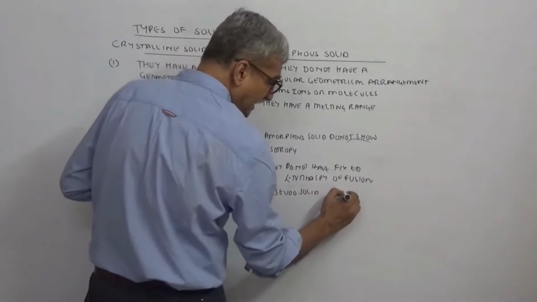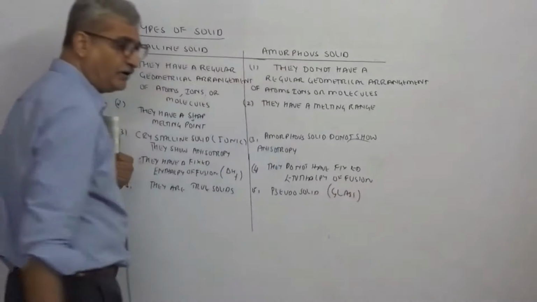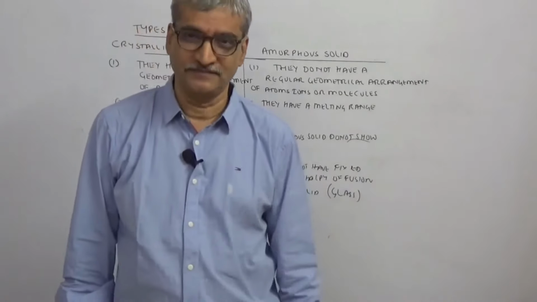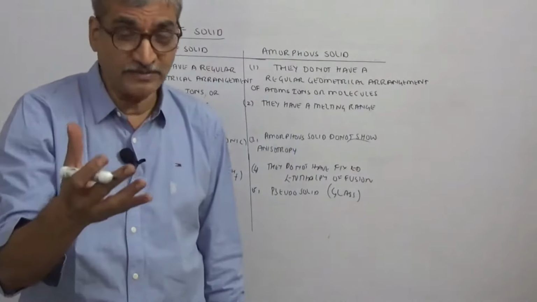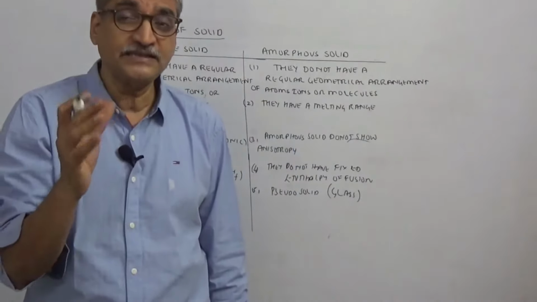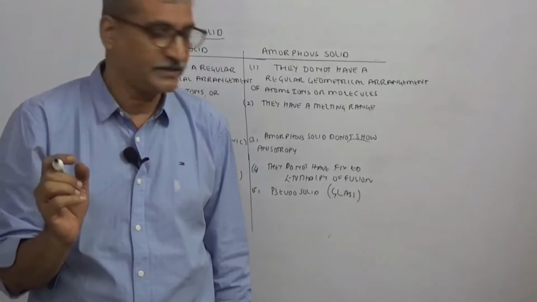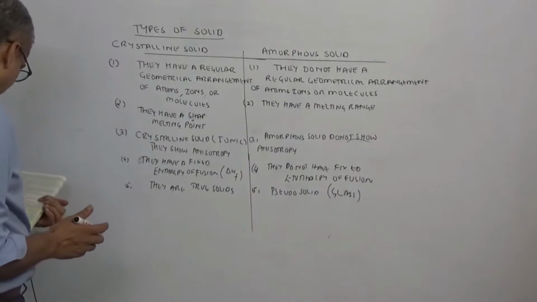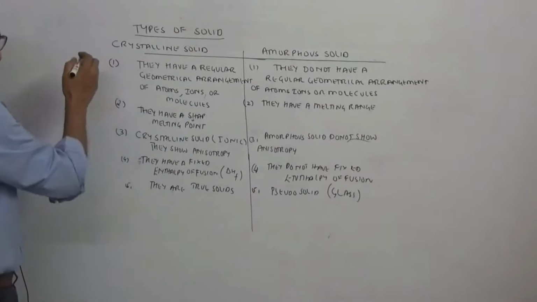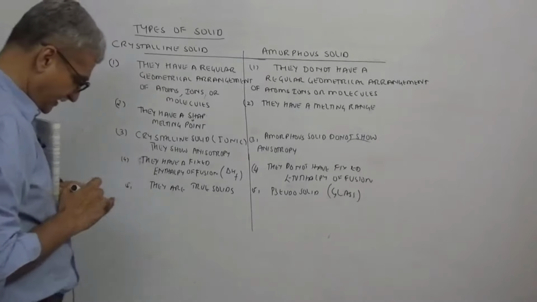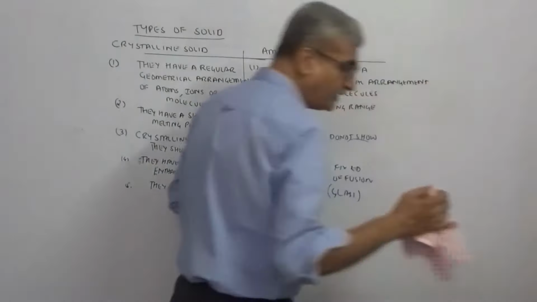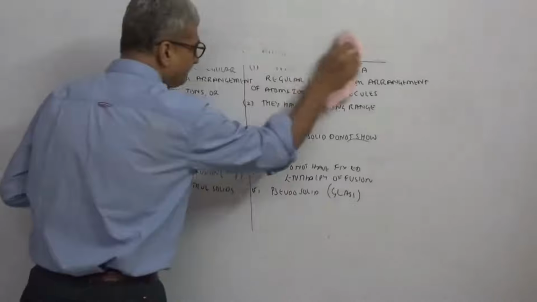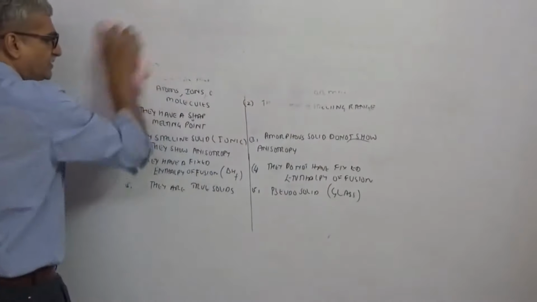In fact, an example is glass. We always say glass, what is glass? If asked, we say glass is a super cooled liquid. But then we don't take it as a liquid because we always go by the physical state. It is solid. But what is glass? It is a super cooled liquid. Is this point clear? Then we have two more definitions that we have to study. We don't have space, so we'll have to rub this off and then continue. We'll talk about isomorphous behavior of crystalline solids and polymorphous behavior or allotropy. And then we can go into classification of solids.